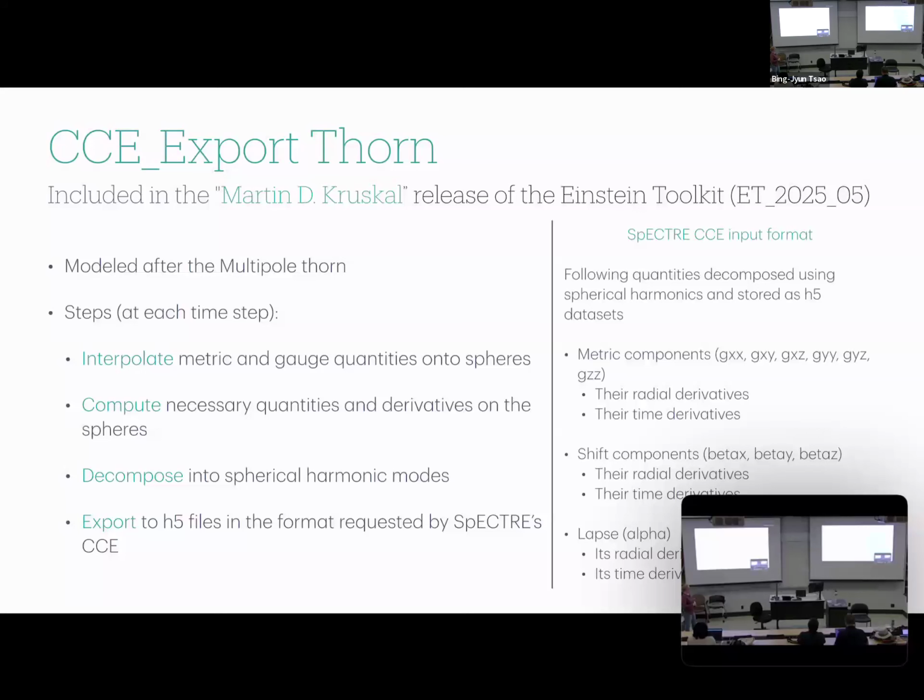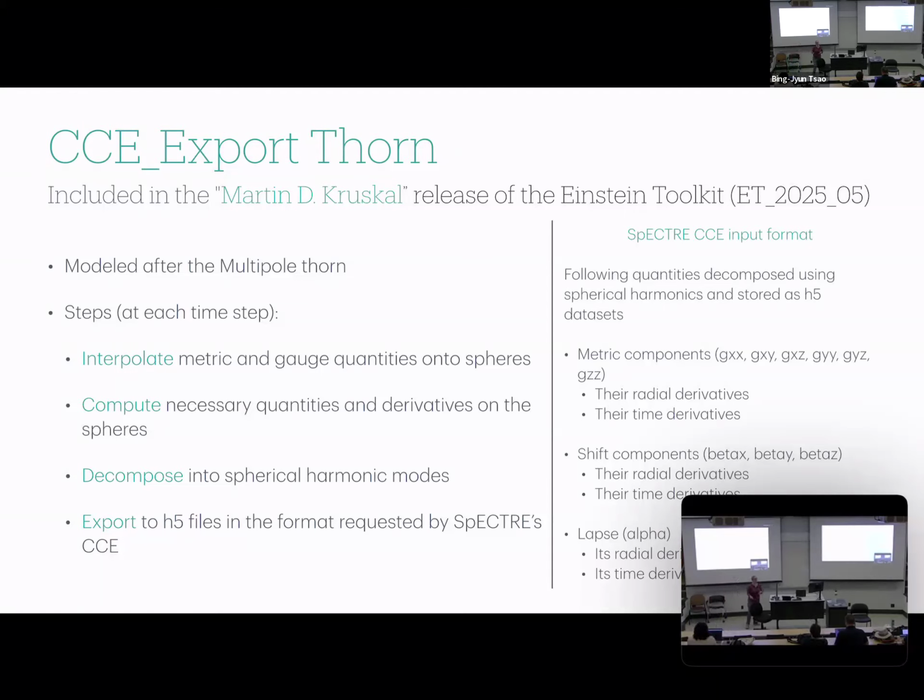So essentially at each step, that's what it does. It interpolates the metric and these gauge quantities, the shift and the lapse, onto spheres, computes the derivatives that are necessary there, and then decomposes it into the spherical harmonics, and then exports it directly into the H5 file format that SpECTRE wants.